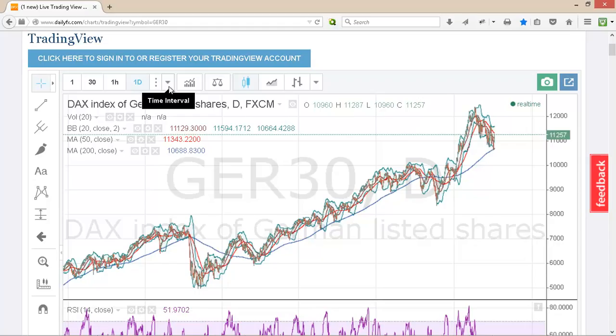Only time will tell. But this trade, buying the DAX yesterday, was based on the fact that it's actually hit the 200-day moving average. So I'll zoom in again, actually,